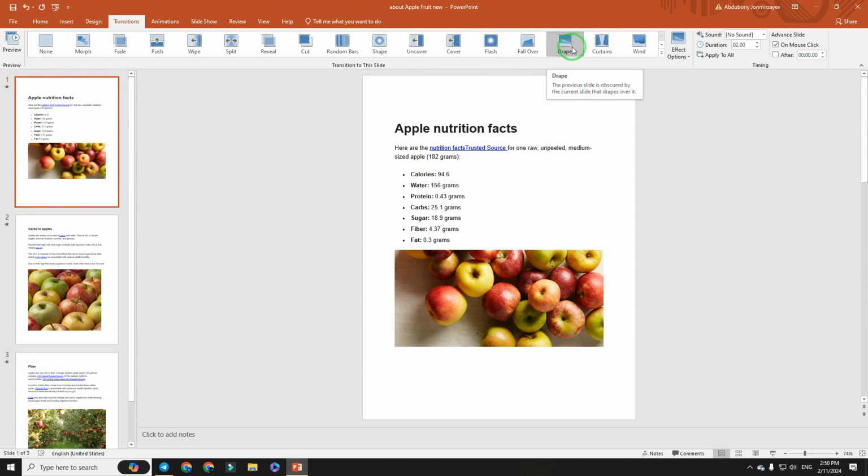But if you want a single transition for all pages, you can set it once by pressing the Apply to